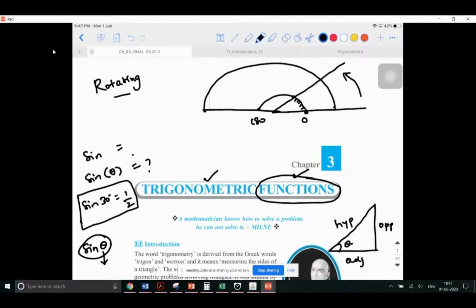Okay. So what exactly we are going to do is, let us visualize angle in the first place. You need to have a clarity of it, or else you're not going to understand. Just give me 1 minute time. I'll get a small item to show you. So visualize it. I'm switching on my video.